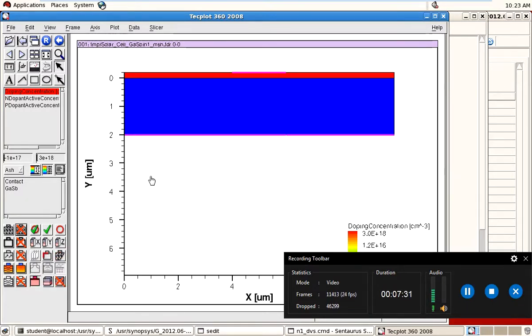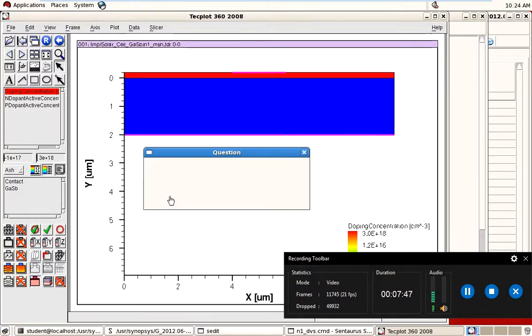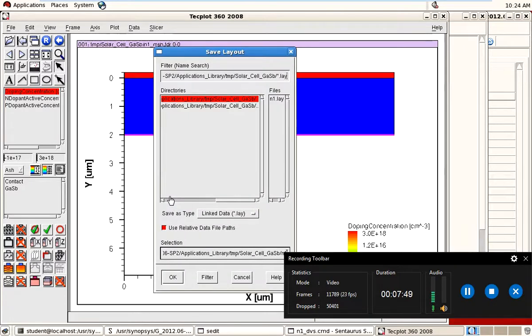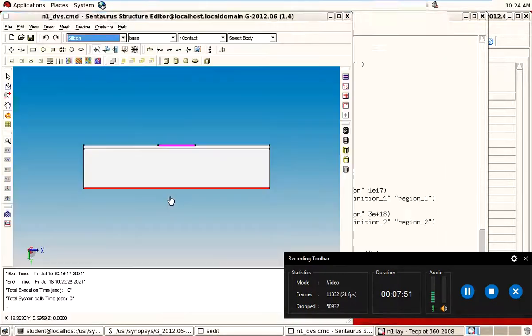But here we use the constant profile, so no doping distribution will be observed in the system. So this is the doping concentration. This red one is the N type, and the bottom one is the P type. So save it with the name of N1, already saved in the command file, so it will override this one.